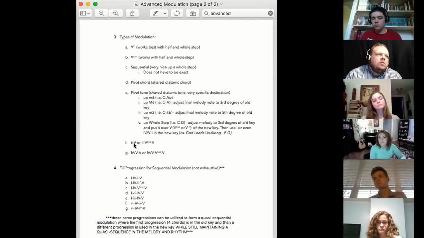Calvary Covers It All uses number 3, which is up a minor third. Actually, I lied. Calvary Covers It All uses number 1, which is up a minor 6. However, you can use it to go down a major third. Remember, an interval inverted equals 9, and it changes the quality. So a major 6 up is a minor third down. So I'm going to go from D to B flat,